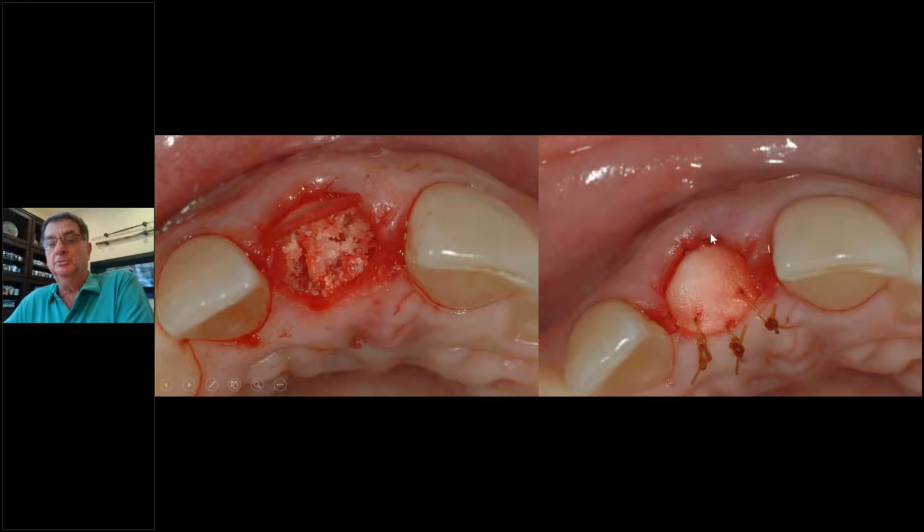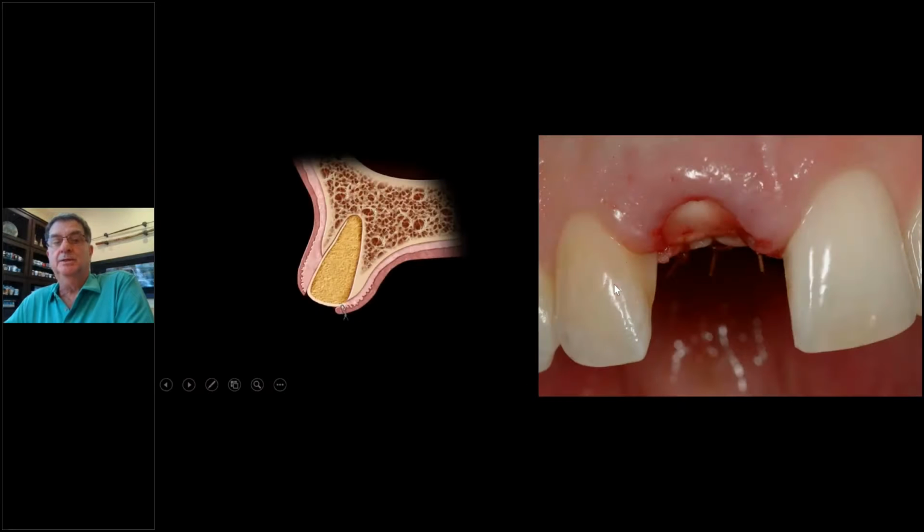The buccal doesn't even need anything to hold it in. It's held in by the pressure of the graft, and it's deep enough inside. You just suture the top if you flip it over, and that's it. This part's going to get destroyed in 2 weeks. It's a temporary protective canopy, and then it fills over by secondary intention. This is the part that's doing the work. The part that's covered stays there for a few months, and that's where your guided bone regeneration will take place. And this is what it looks like.